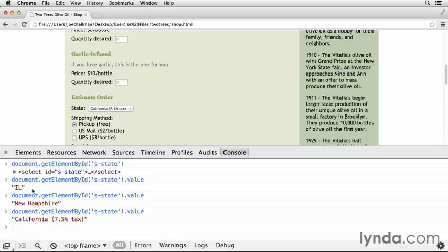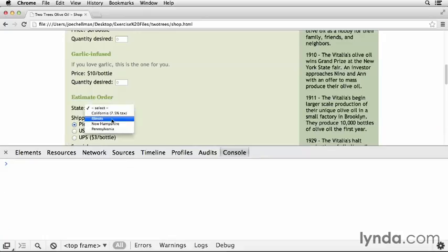So generally speaking, when you're setting these up and getting ready to manipulate the values later programmatically, it's nice to be able to have a simpler value that you can then expand into something that's nice and human readable. So if I reload this page, switch back to New Hampshire here,